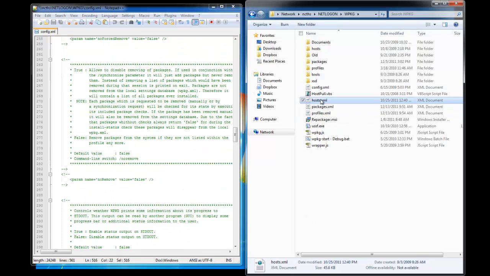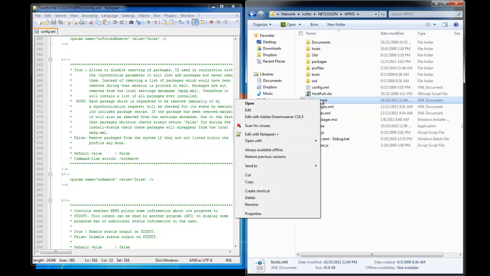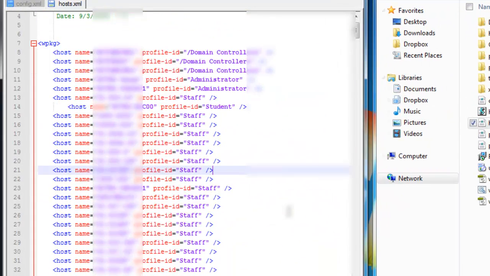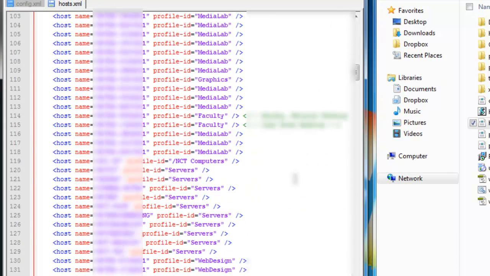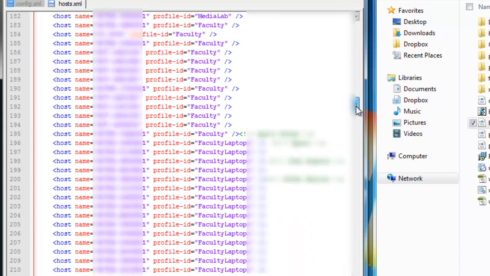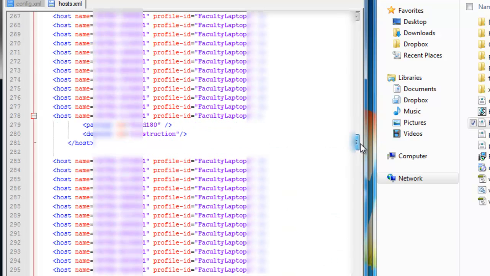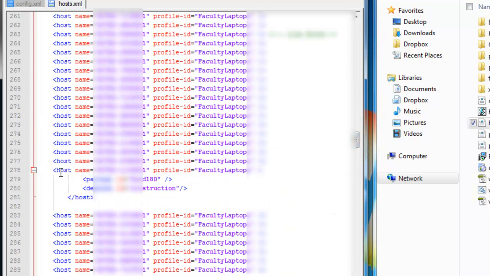We're going to look at the host file. Now this is the main file that when it runs, this is the first thing it checks. It says, does this computer name exist within this list? So let's open it up. Here is a list of all of the computers in my domain. Now I've done a couple things here. You're going to see, here's a good example. I have a computer name right here, and I'm also, from this point, installing software from these.